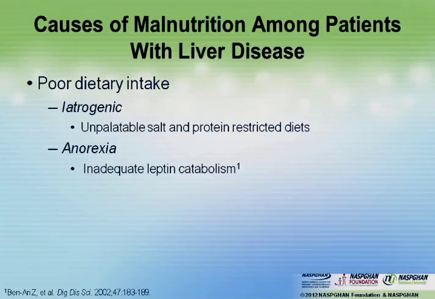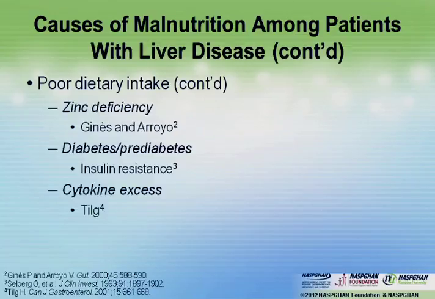In addition, zinc deficiency is extraordinarily common, and we know that because of hypoplasia of lingual papillae with zinc deficiency, one may have dysgeusia or ageusia. Even before Ginés and Arroyo's study, C.J. McLean from Louisville, when he was working in Minnesota with Larry Zeev, showed that zinc deficiency was quite prevalent. They actually, in adults, looked specifically at dark adaptation, and you remember zinc is an important cofactor for the rods and the cones of the eye and the proper ocular physiology.